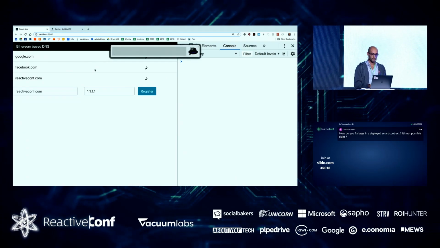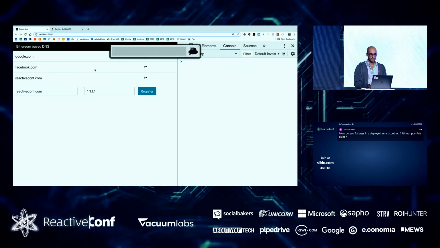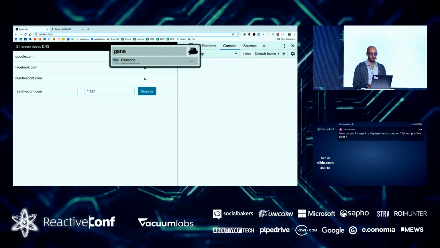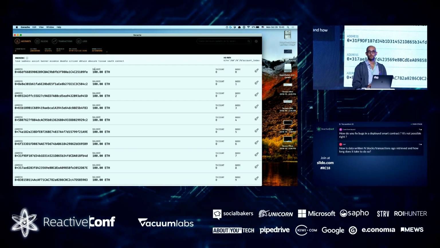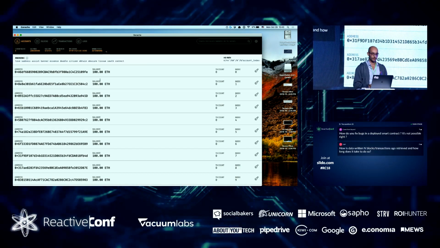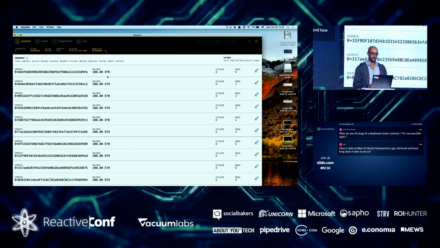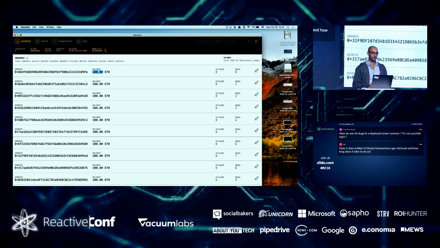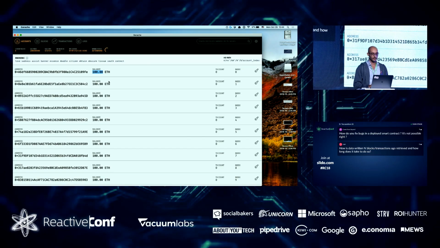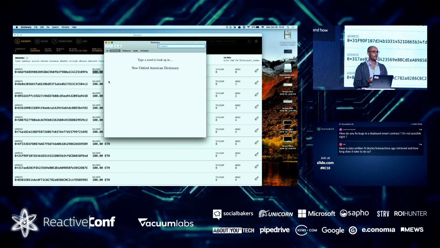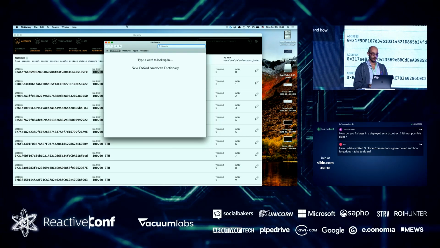What I want to do is run a local server. So there's a nice tool, Ganache, that creates a local private node just for me. It gives me a bit of Ethereum. There's quite a few accounts here that have 100 Ethereum. Unfortunately, that's not real money, because otherwise that would be like $20,000 now in each one. But it gives me a really nice way to test stuff locally without any